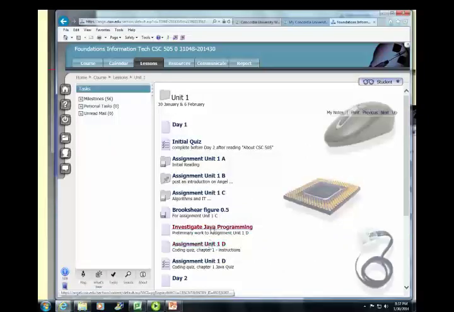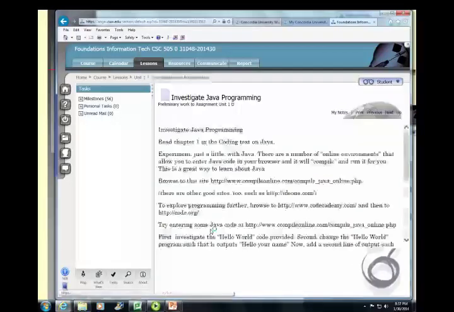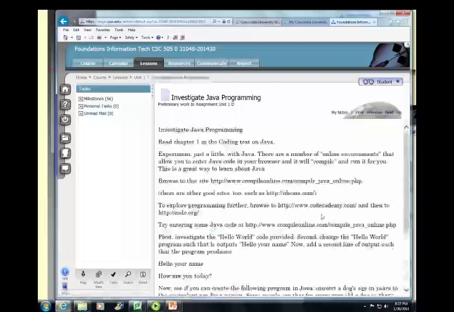The final assignment for the first day is I want you to investigate Java programming. Some of you may have programmed in Java before. Others of you don't even know what Java is. And that's okay. This is what I'm going to ask you to do. I'm going to ask you to, first of all, investigate Java programming using a couple different online tools. Specifically, a website called